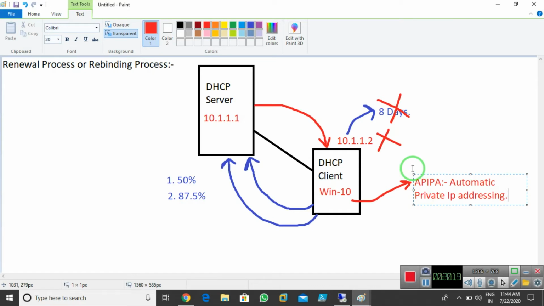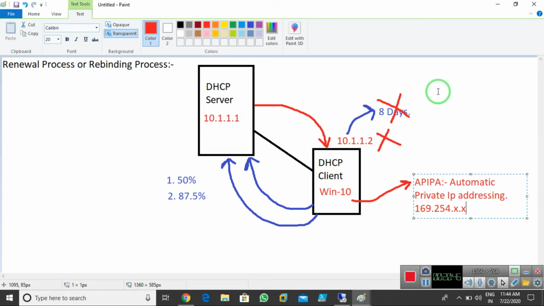This is a utility running in every operating system, and there is a reserved network for this utility. The reserved network is 169.254.x.x, like this. This network is reserved for APIPA only.